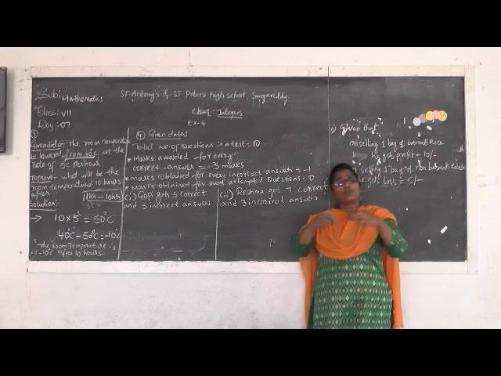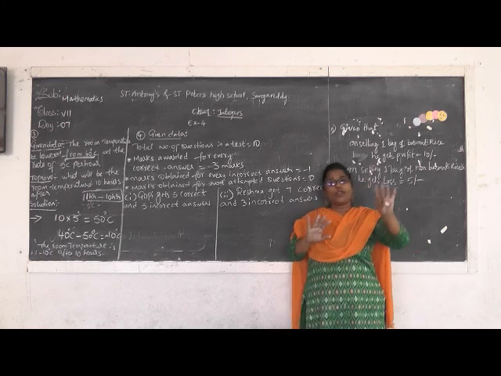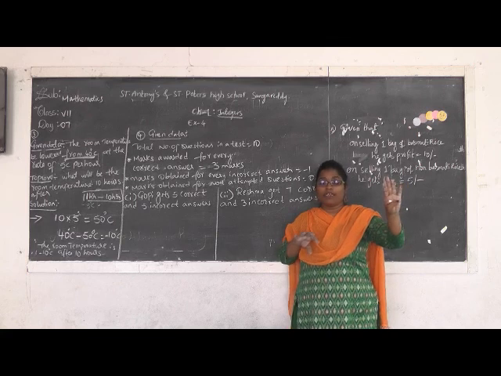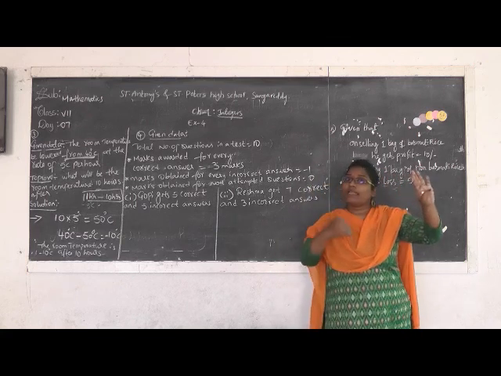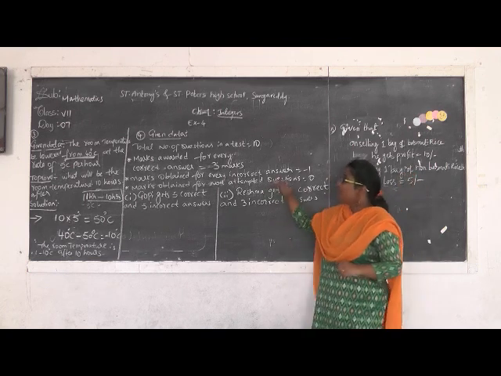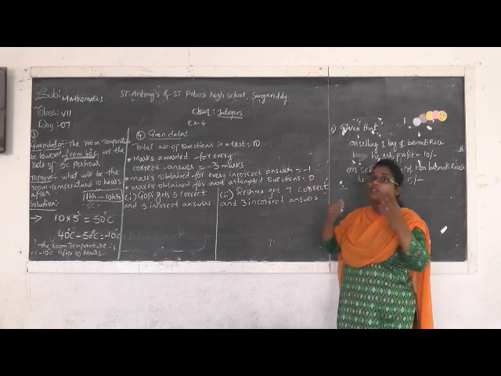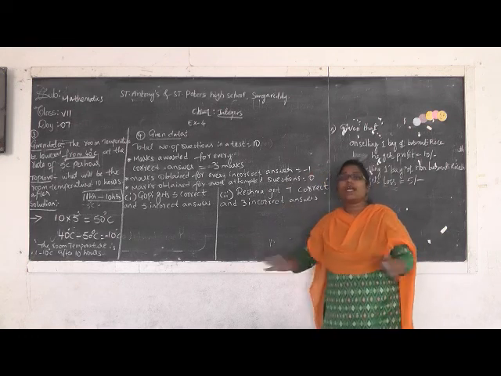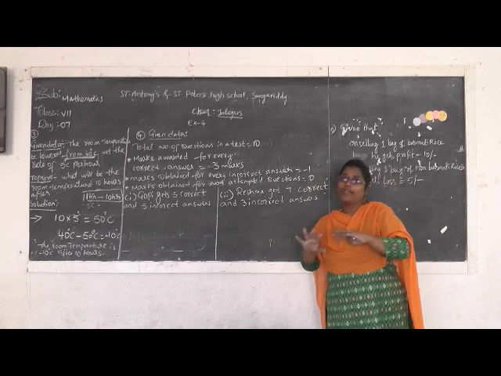For example, out of 10 you wrote 4, and those 4 are correct, but the remaining 6 you did not attempt. So they will give marks for the 4 and they will not reduce any marks for the remaining 6 questions which were not attempted. Understand? If you attempted correctly, you get 3 marks. If you attempted but it is wrong, you lose 1 mark. If you did not attempt the question, they will neither add nor reduce marks.